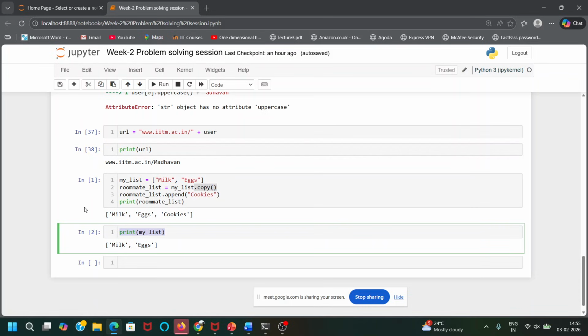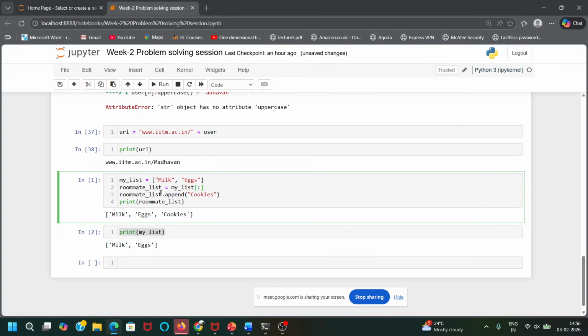Or instead of using this dot copy function, you can also use this slice. By doing this, I'm taking all the values. This is called a slicing operation, right? I'm just using colon, meaning all the elements of the list.